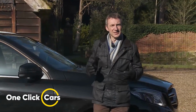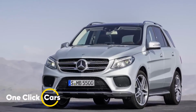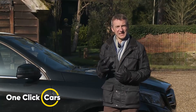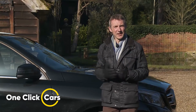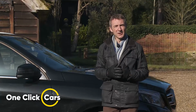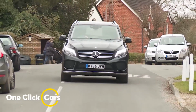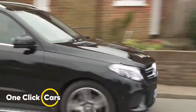Now, if you're attracted to the plug-in hybrid GLE 500e variant of this Mercedes and not put off by the £65,000 price tag, then you will find that the luxury SUV segment offers similar options, but nothing quite the same. There are non-plug-in hybrids, a Lexus RX 450h at just under £50,000 and a Range Rover Sport SDV6 HEV at around £85,000. But these seem rather old tech now, and they don't give you the important all-electric commuting range that